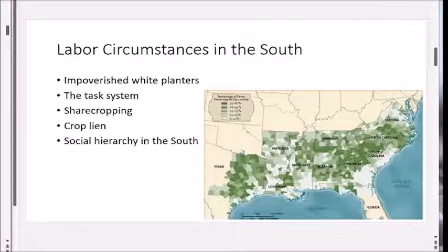And you're growing crops. Out of all the crops that you grow, 50% of them go to the landlord, the person you're renting from, the person who owns the land. And there's a problem with sharecropping: it leads to a cycle of poverty, okay? Because you're never able to make a real profit on the crops, especially during the period of Reconstruction. Why? Because the price of agricultural products had dropped dramatically after the Civil War because of the global economy.